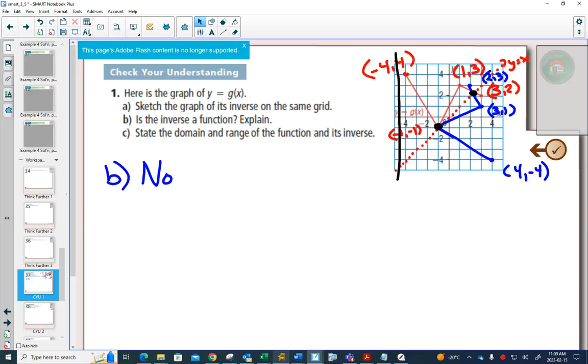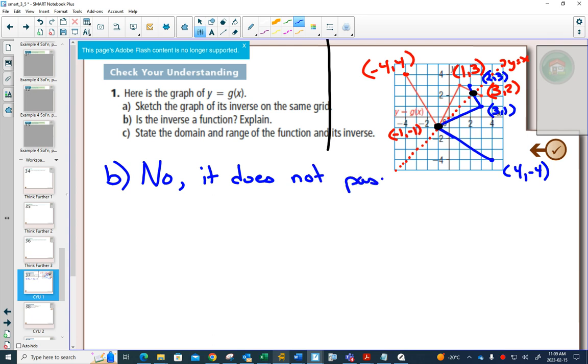So the red graph, look at the red graph. The red graph is a function because as I go across, it only hits the red graph at one point no matter where I am. But for the blue one, I can find a spot where it hits more than one point. So now, if I was explaining, is this a function, explain,